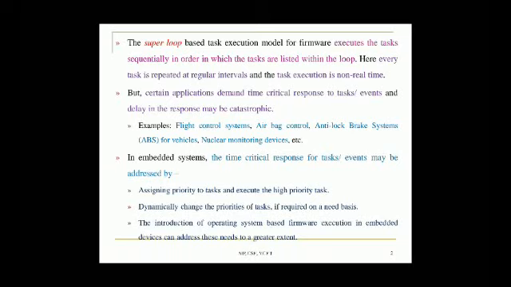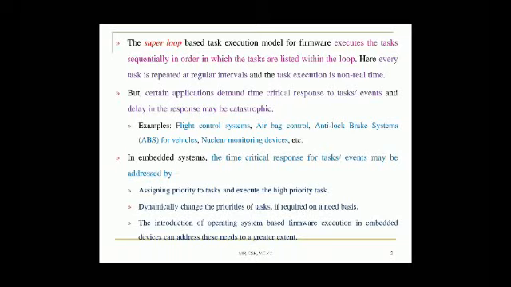So when the task execution is required to be more dynamic with respect to scheduling, and along with that the response time calculation is supposed to be very precise, then this super loop method is a complete failure. The super loop method can be considered where the tasks are not so time critical, and where the tasks are repeated at regular intervals in the same order. In such applications we can use this conventional super loop based task execution.